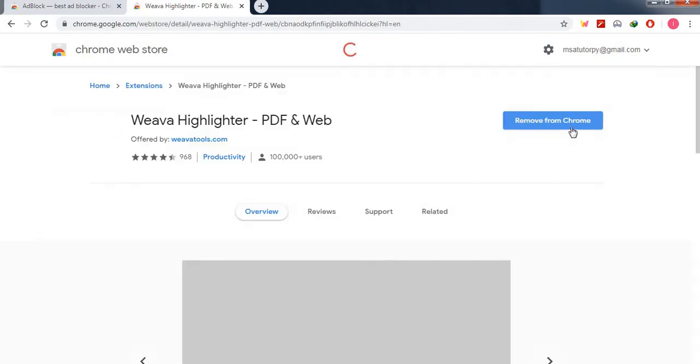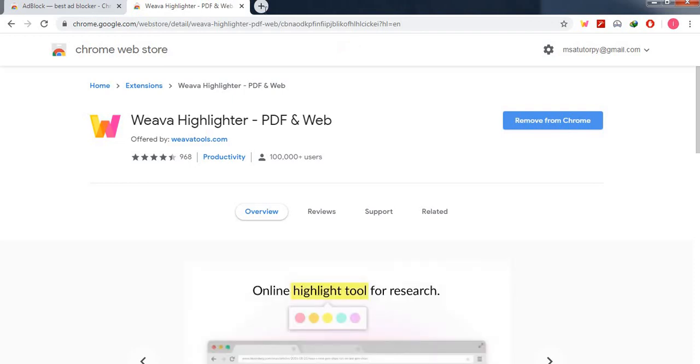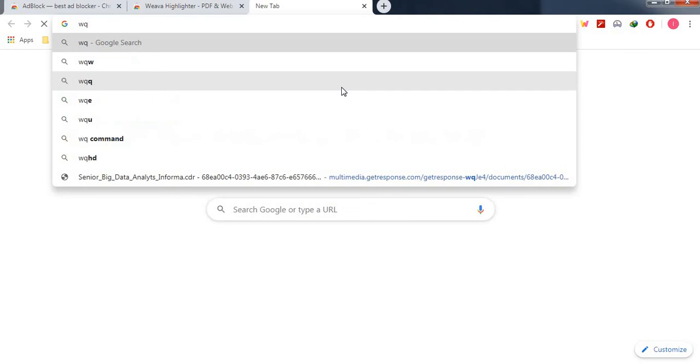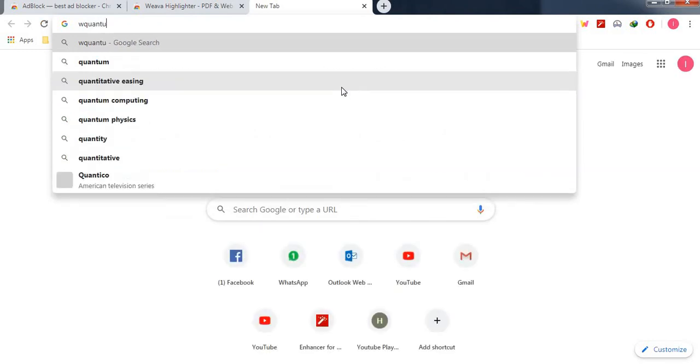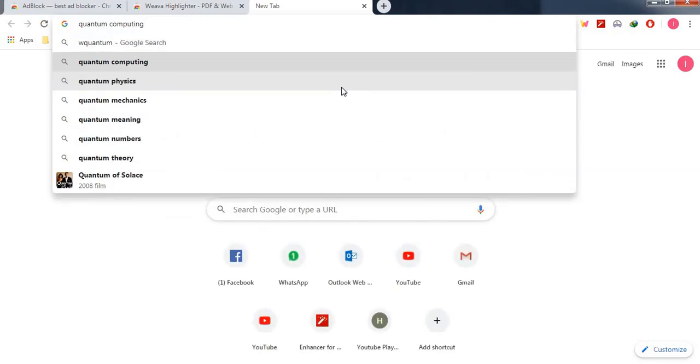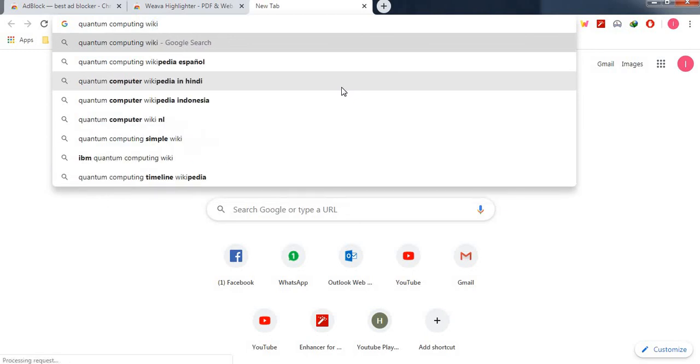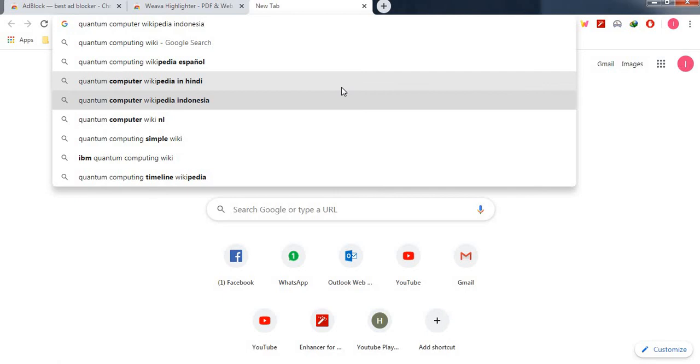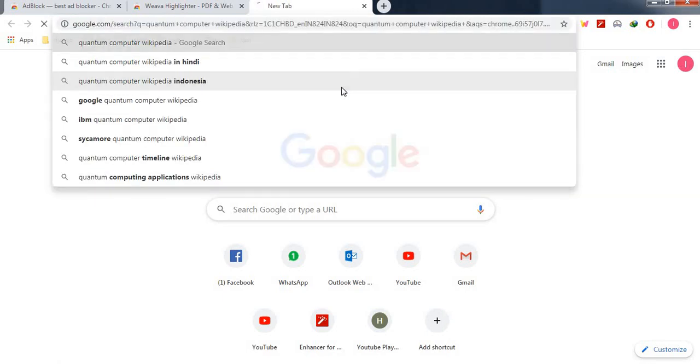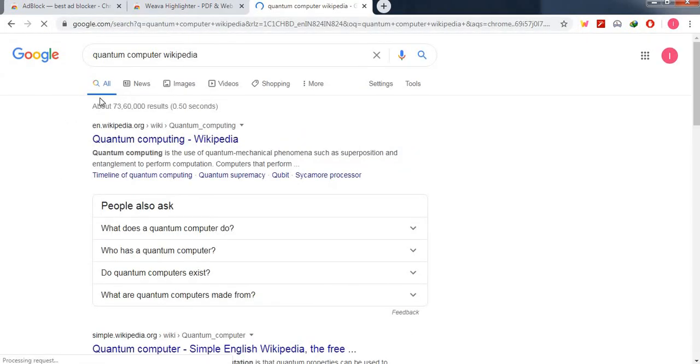So the work of this wave highlighter is that suppose we have opened any page, like the quantum computing Wikipedia. Good enough.